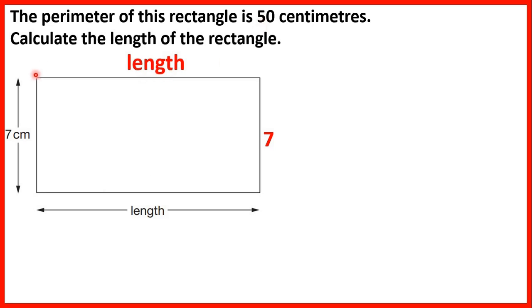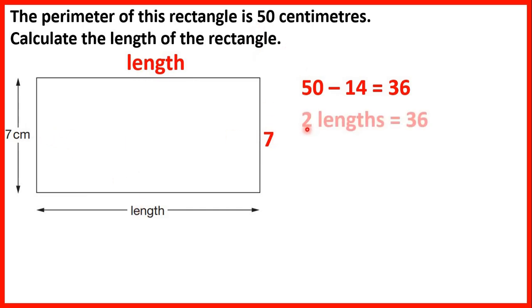And this length will be the same size. Now the perimeter, so the total distance around the outside, is 50. And we know that this length is 7 and so is this one, and 7 plus 7 is 14. If we subtract that from the perimeter, we get 36. So the two lengths together must be 36 centimetres, because 36 plus 7 plus 7, so 36 plus 14 is